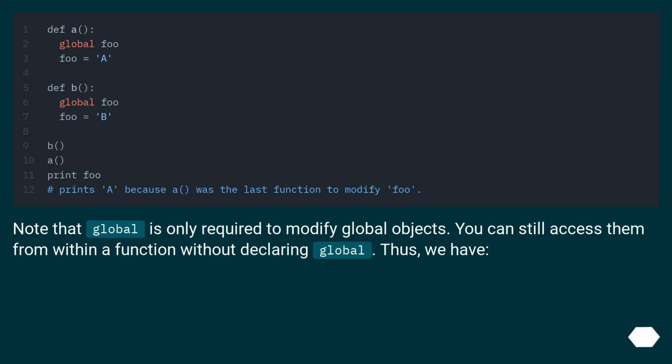Note that global is only required to modify global objects. You can still access them from within a function without declaring global. Thus, we have